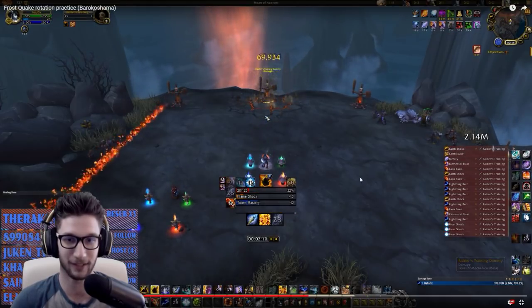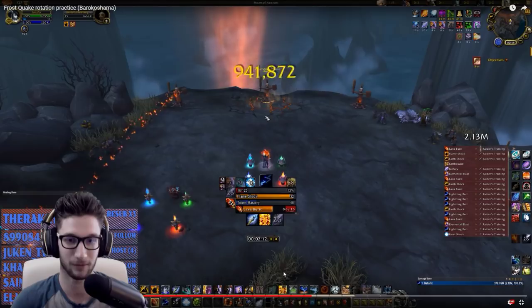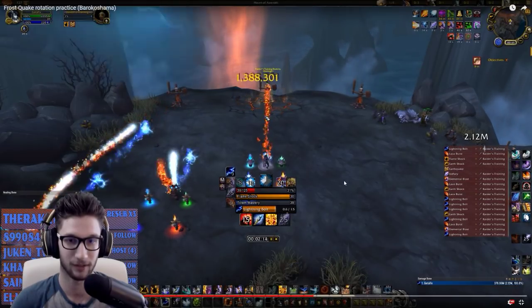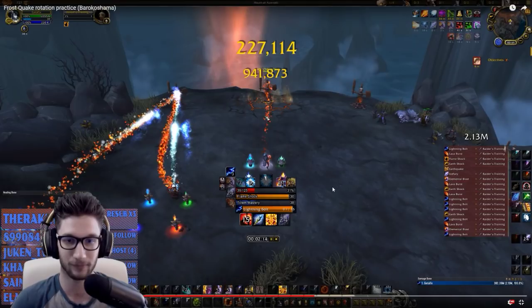And then you put your Earthquake down, and then you start using... Wait, what was that? Earth Shocks? Flame Shock Refresh. Okay. Lightning Bolt to gain Maelstrom. In this situation, I totally agree with this, but...